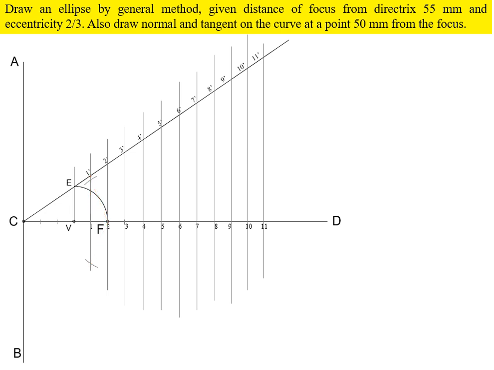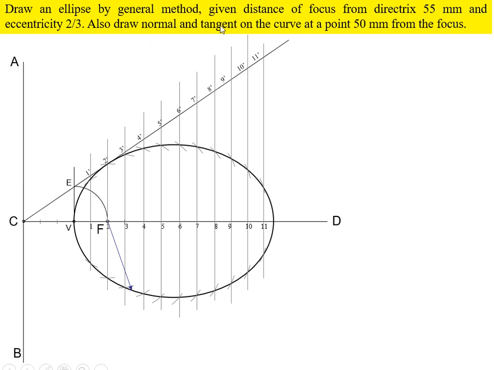Next, 2 to 2 dash is the radius, center point F, cut arcs in both directions. Next, 3 to 3 dash is the radius, center point F, cut arcs in this direction. So on up to all points. 4 to F is a radius, F is the center point, cut arcs on the same line. Mark these cutting points and join them by one freehand curve. This curve is called an ellipse.